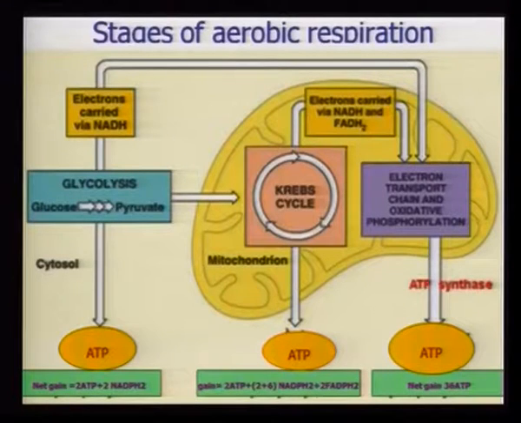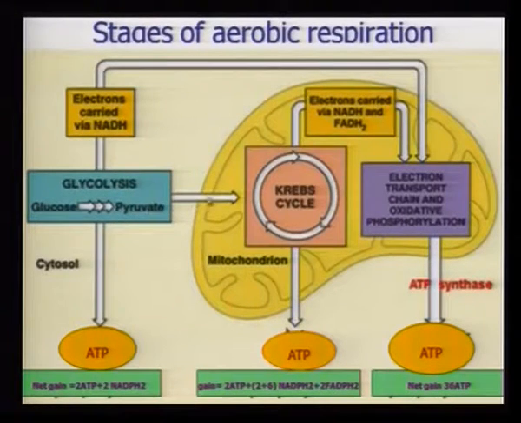We have understood the pyruvic acid production during glycolysis. Let us see what happens next. This pyruvic acid enters, in presence of oxygen, into the mitochondria. Our screen shows that the pyruvic acid produced over here is pushed into this mitochondria. The yellow structure is our mitochondria. You can observe the cristae in the inner membrane. This is the outer membrane. This is the matrix of the mitochondria, that is the inner part of mitochondria.